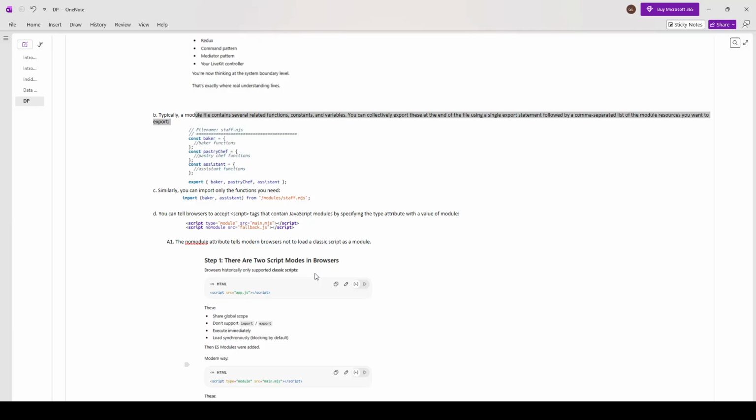Like here, we have defined three const objects with functions inside them, and then we export them comma-separated: export baker, pastry chef, assistant. Similarly, you can import only the functions you need. Like here, import baker, assistant from